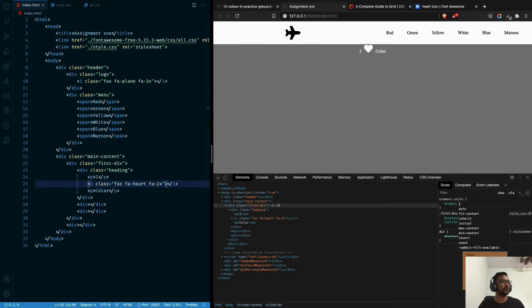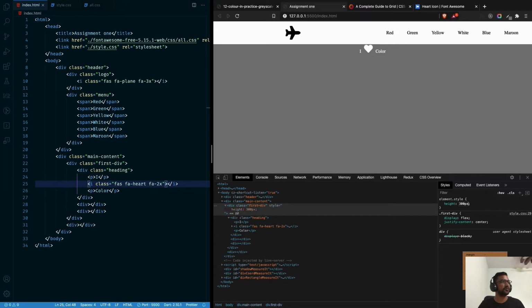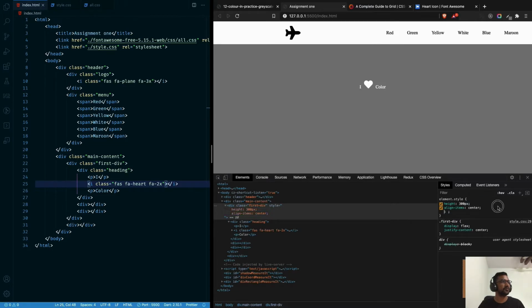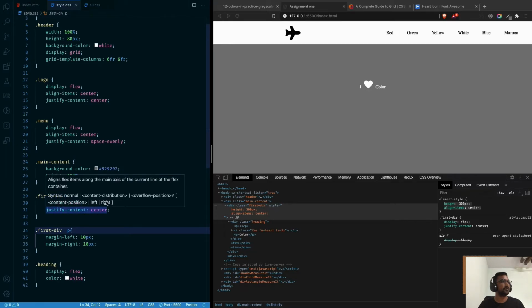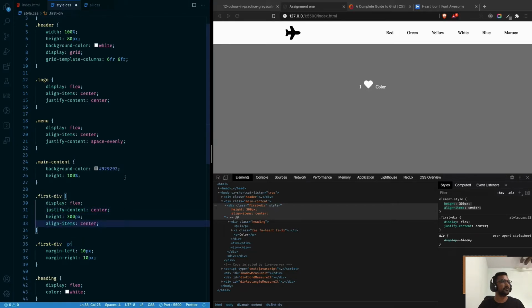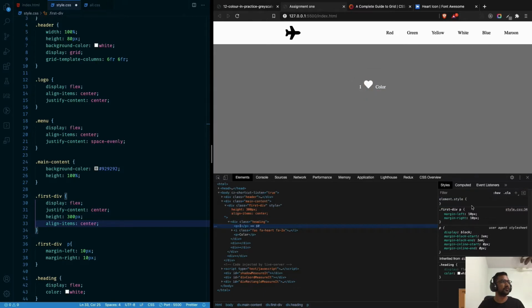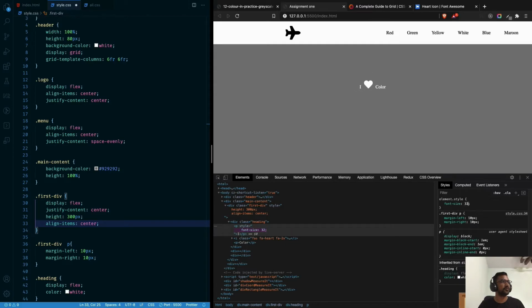So let's say my heading or first div height is 300 pixels, and align items is center. Okay, I'll add these two to my first div to position it properly, and to the p tags inside my heading I will say font size 32 pixel,